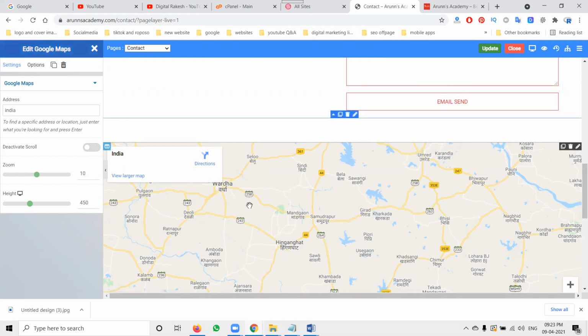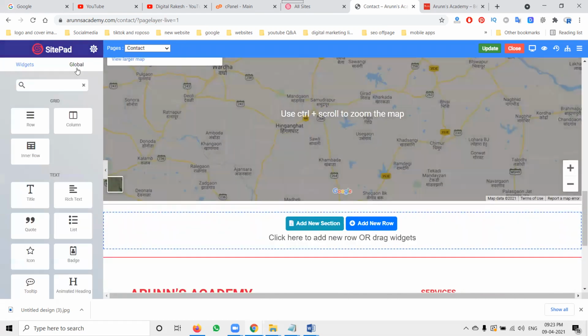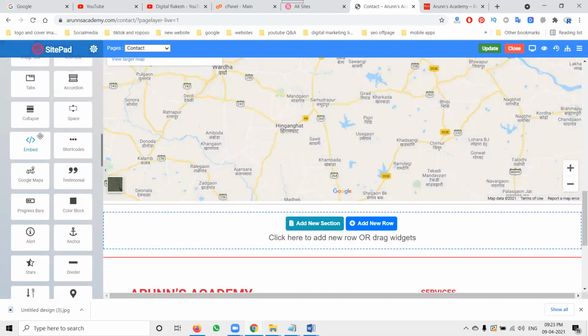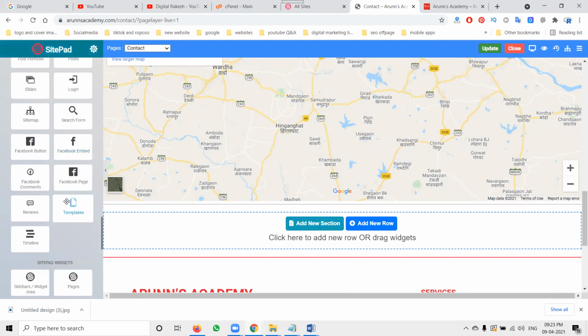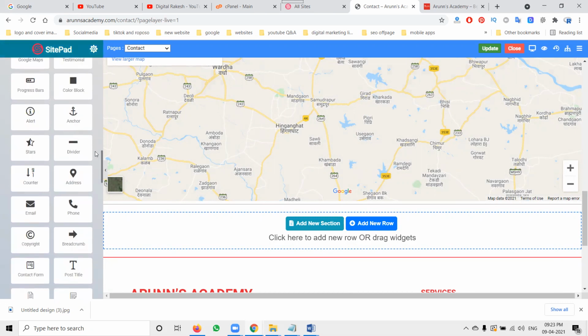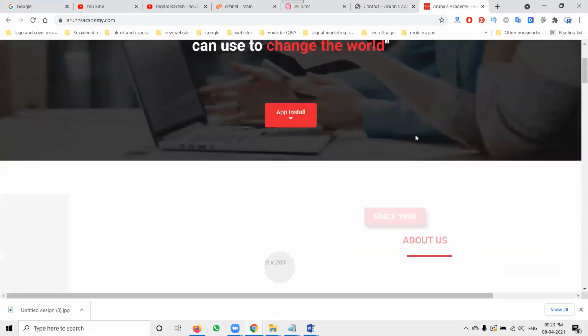So what options are required? We can add all the options here. So anything we can add in this, any script or condition code, all will be here. See this: address, phone number, email, copyrights, everything, contact form, page title, everything will be given in a particular option. So these are the following steps to making a website using Sitepad Builder.